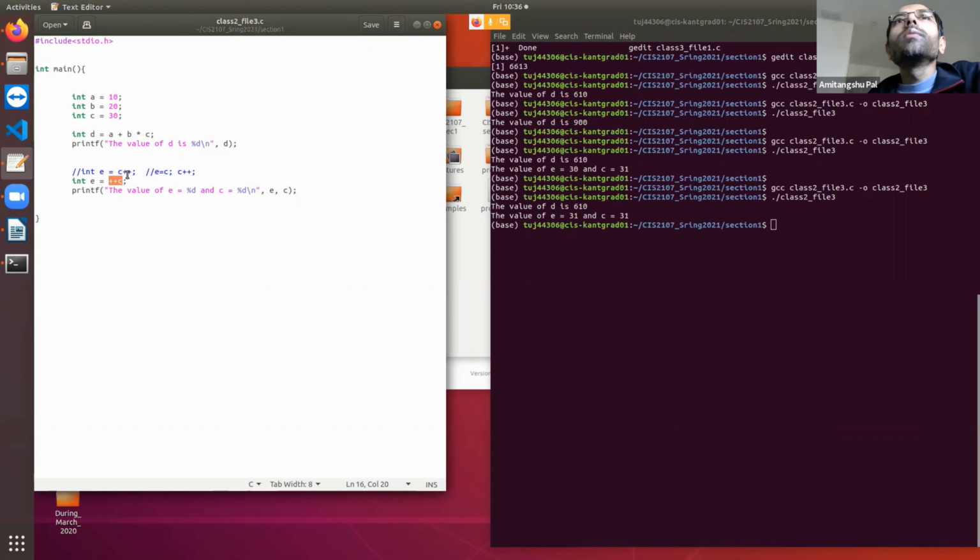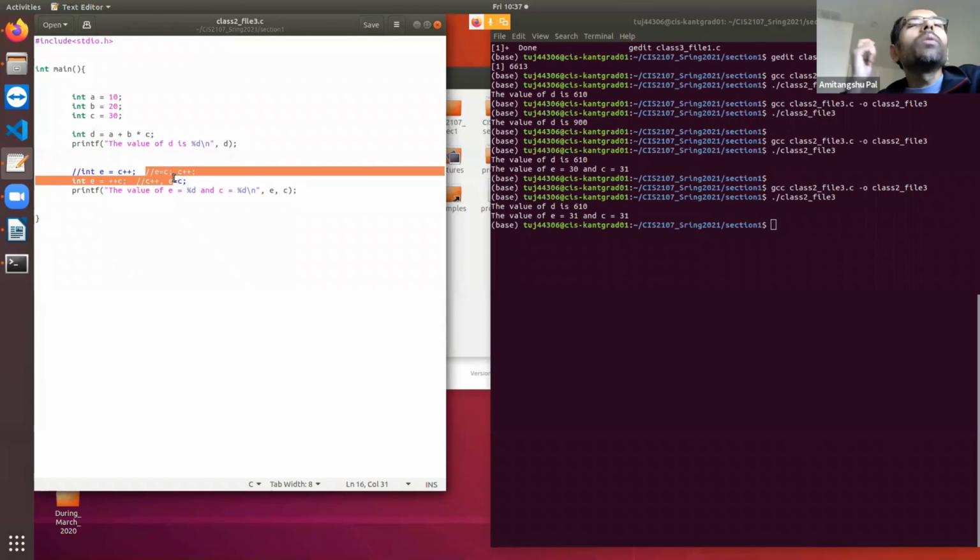In the previous example, first the assignment was taking place, next the increment. Here first the increment will take place, next the assignment will take place. So first C will be incremented from 30 to 31, next this 31 will be assigned to E.